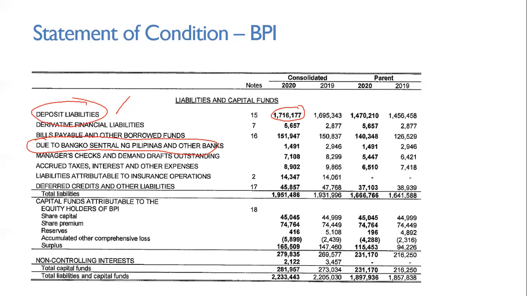Okay. So also, one thing that you will see are managers' checks and demand drafts outstanding. No, managers' checks are outstanding checks drawn by the bank upon itself. So it's check pero ang liable sa check na yon ay siya mismo. And so it becomes a liability. Okay? So we'll limit our discussion there because the rest are too complicated for your accounting level. No, but those are the most important that you need to understand. Okay? Now let's go to the income statement.